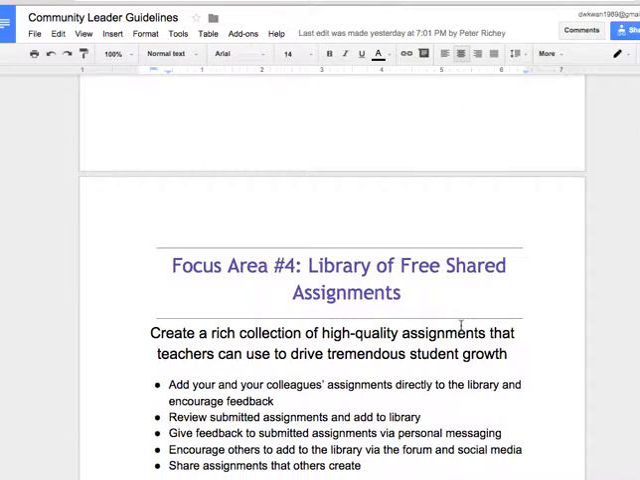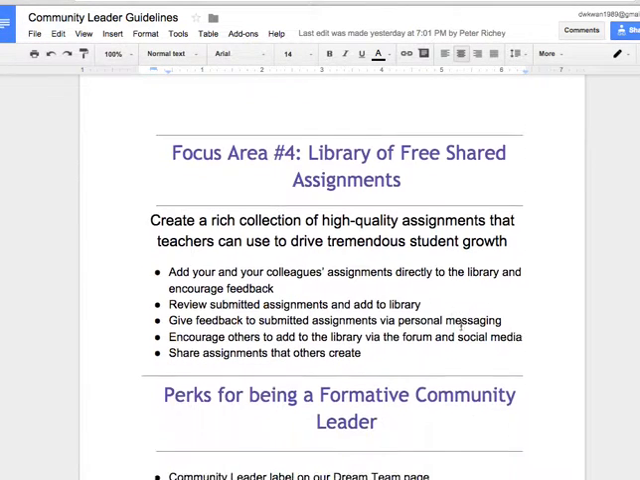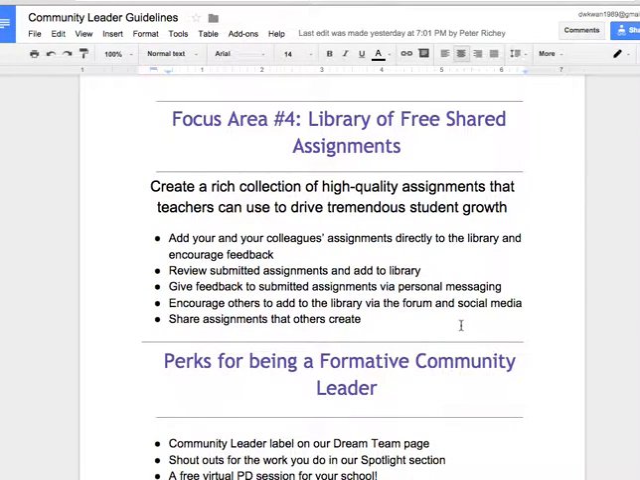So you can read this over. Just let me know if you want to be a community leader, and I'll be sure to send you these guidelines. And lastly, with the library,